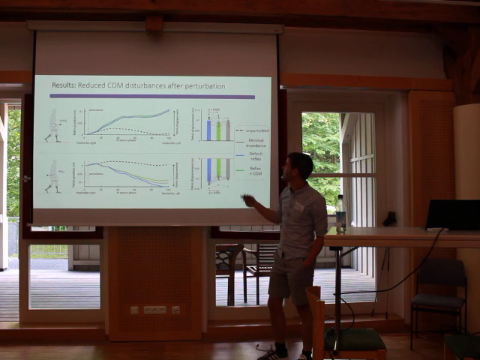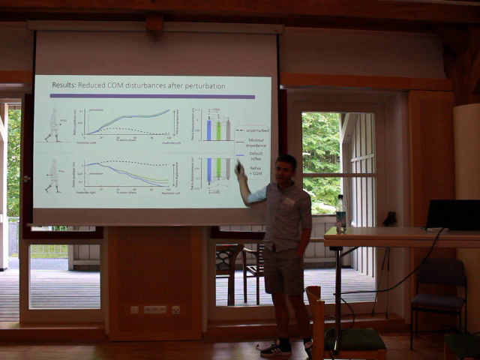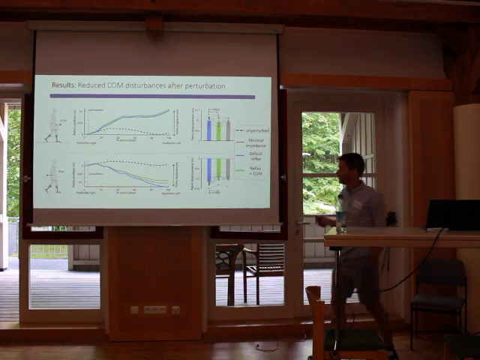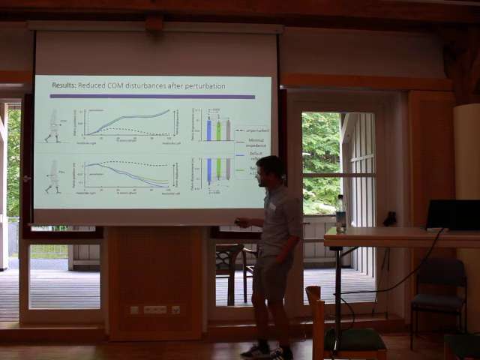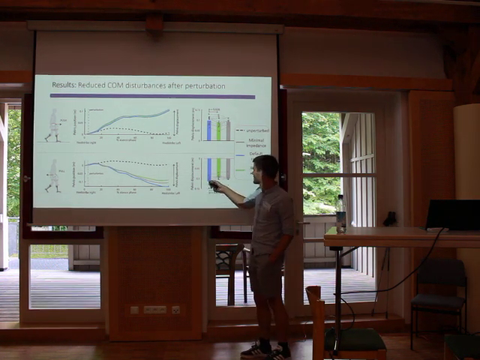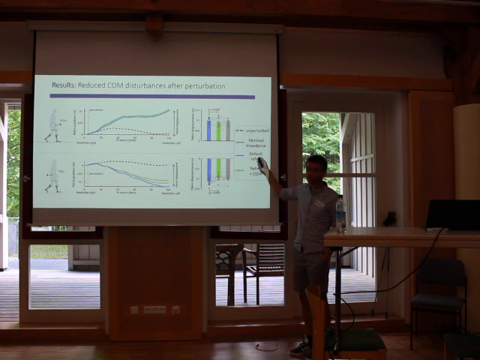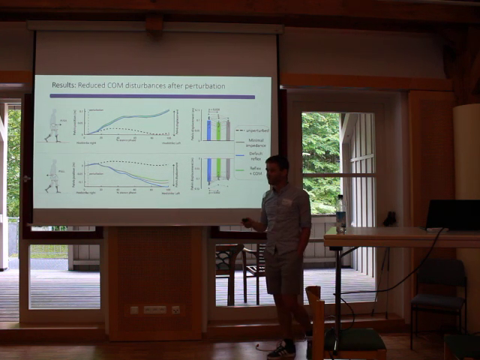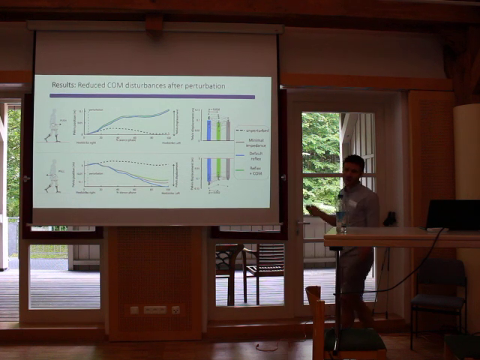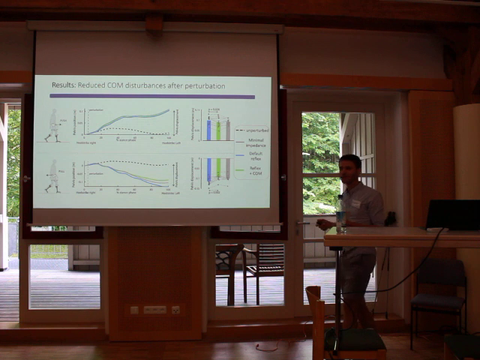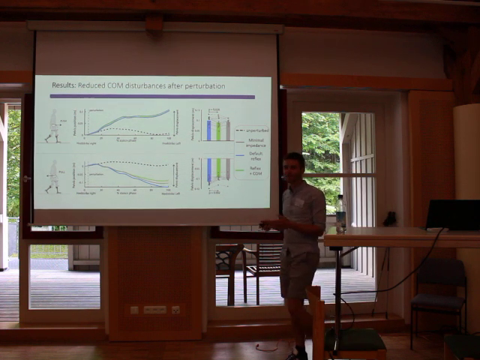So if you push someone, you move to the front of the treadmill, and this forward motion is a bit similar for all controllers. If you pull someone, there we suddenly see that you move a bit less on the treadmill in a reflex center of mass controller compared to the default one, but not compared to the minimal impedance one. So in conclusion, I think using this control model, we showed that at least for normal,